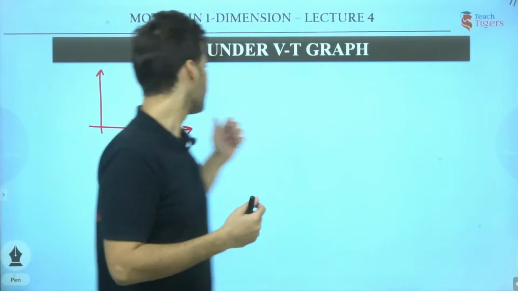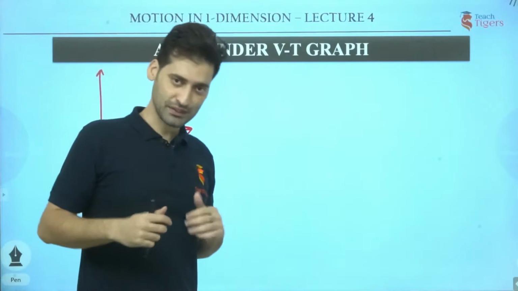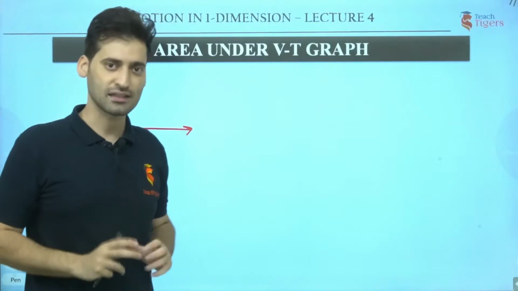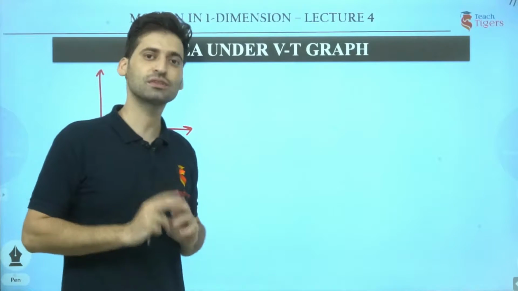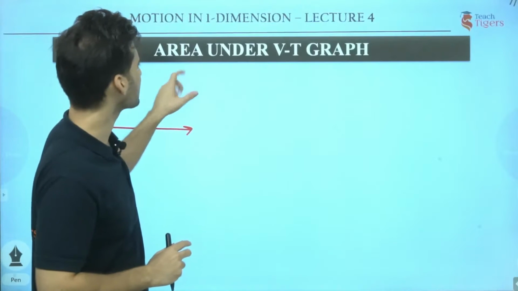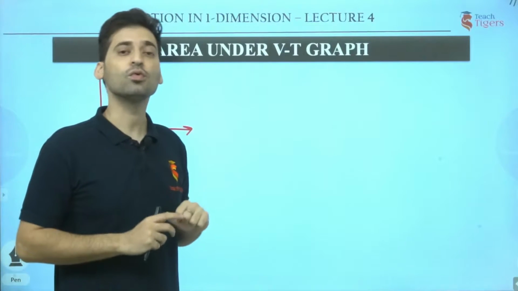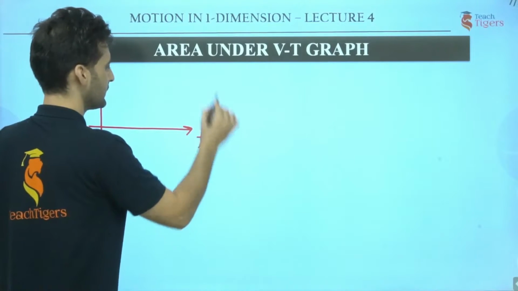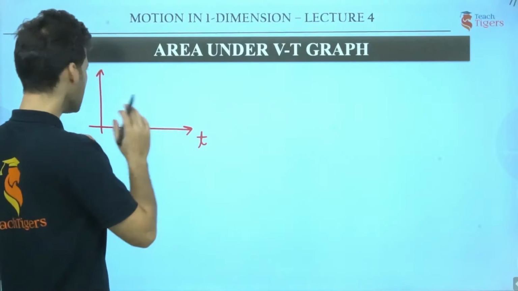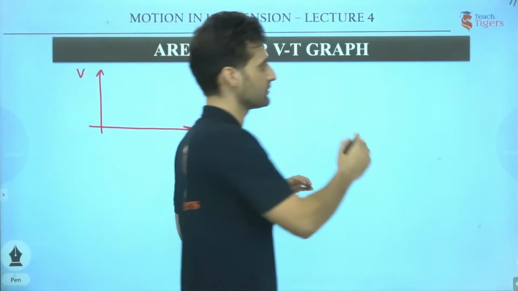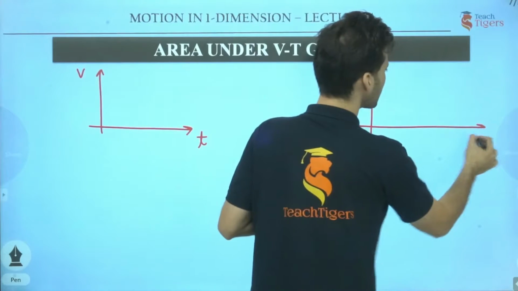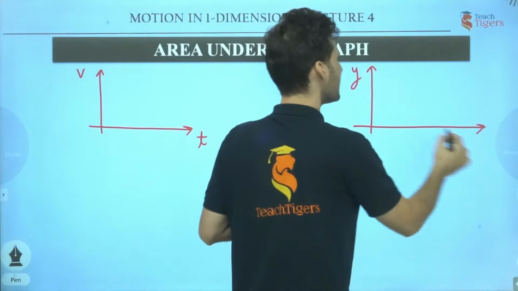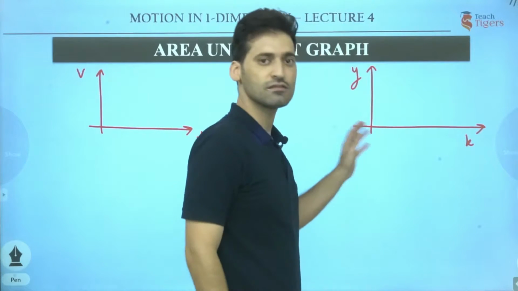Please. So now since I am assuming that you have already taken that class, you have already watched and understood that class, what I am going to tell you next is area under VT graph. Now VT graph means once you draw this V and T graph over here. Fine. So let me remind you something from integration. See, what do you mean by integration? If I tell you there is a y-x graph, isn't it? There is a y-x graph.